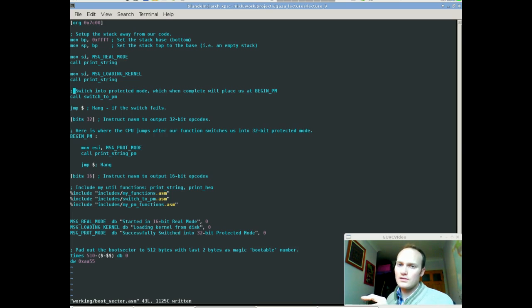So we're going to prepare the disk so that our kernel occupies the next few sectors of the disk, and our boot sector is going to load those sectors, and a convenient place to put them for now is just right after our boot sector in memory, so that we can easily jump into that code